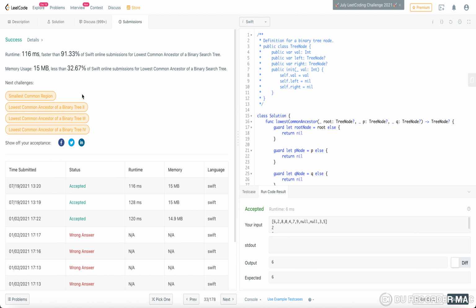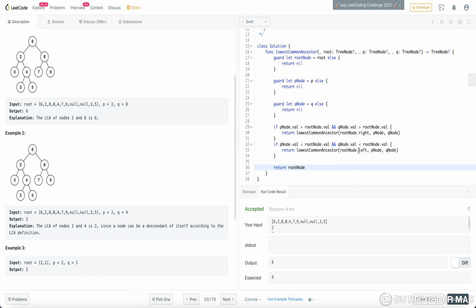Okay, so basically if we do a recap here, what we did is just take the root node and the other two nodes, and here this is my base condition, checking whether anyone is nil or not. And here we are checking that if both the nodes are greater than the root node, then they are part of the right part of the tree, so their lowest common ancestor will also be in the right part of the tree.